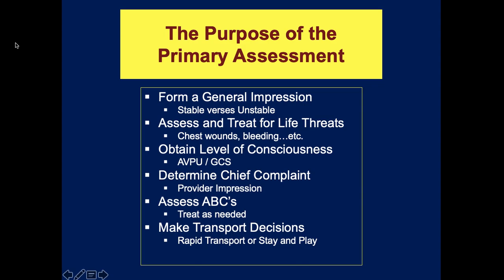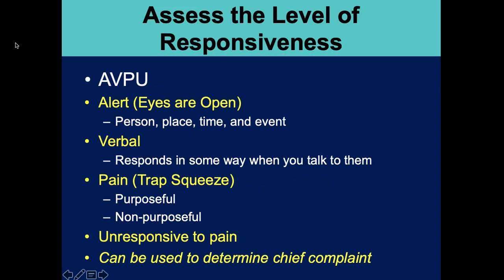Or do I need to move this person rapidly to the hospital because his life is in danger? Now, AVPU, like I mentioned before, remember, alert just means as you walk up to them, their eyes are open. It does not mean that they're oriented. So we walk up, you say, "Hi, sir. My name is John. I'm here to help you. I'm an EMT. What's your name? Where are you right now? And do you know what day it is, or what month it is, or what year it is, whatever works for them?" And if it's a trauma patient, you might consider asking, do you know what happened to you